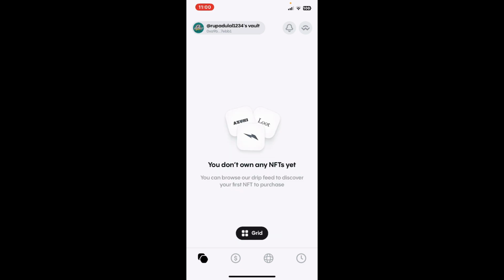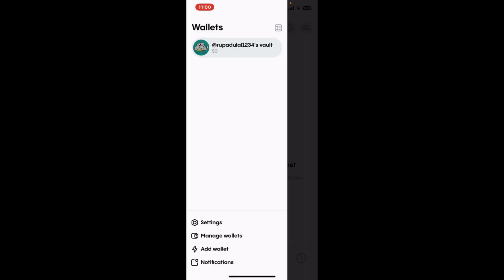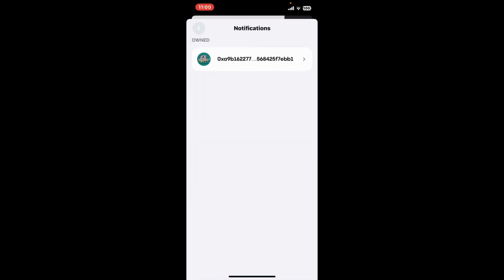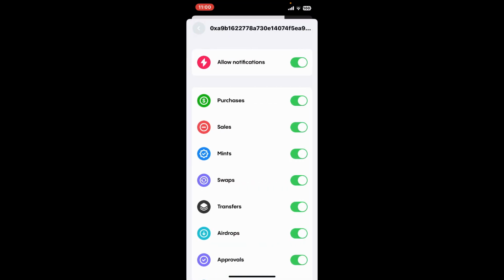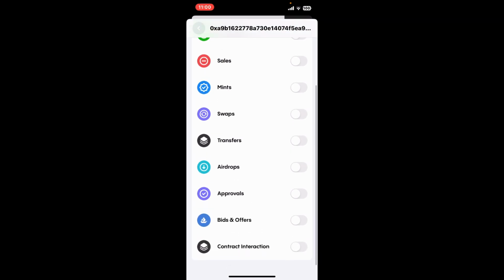Once you're inside the main homepage for Bitski wallet, tap on your profile picture at the top left-hand corner. Now in the expanded menu, tap on Notifications. Tap on your wallet again and then right where it says Allow Notification, toggle off the button. Soon after you do that, you'll be able to disable all of the notifications that you may receive from the